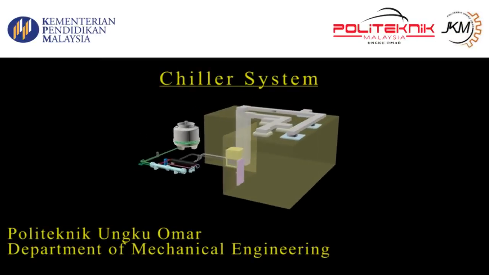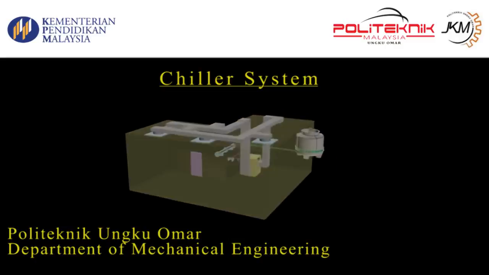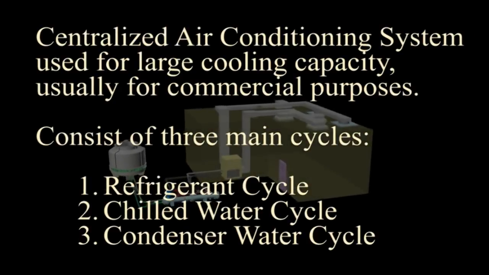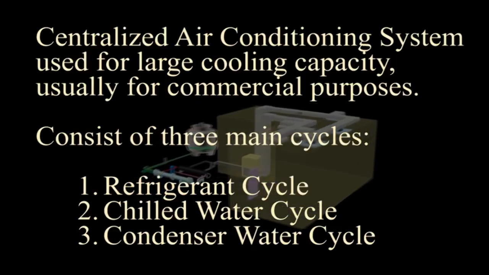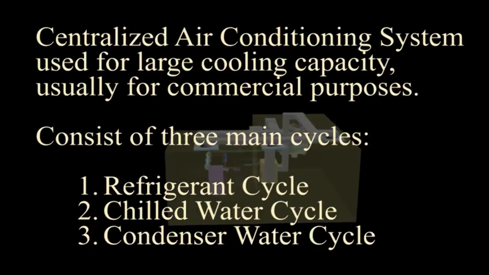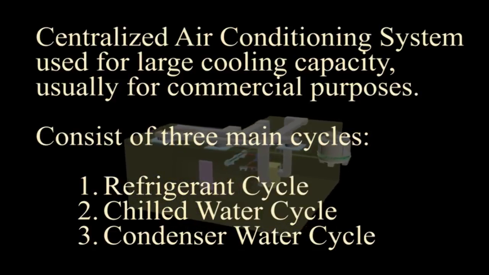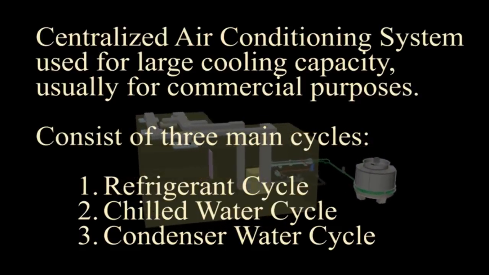Chiller system. Centralized air conditioning system used for large cooling capacity. Usually for commercial purposes. Chiller system consists of three main cycles, which are refrigerant cycle, chilled water cycle, and condenser